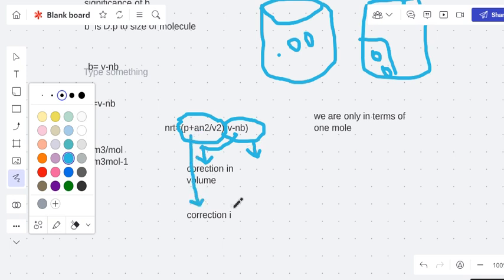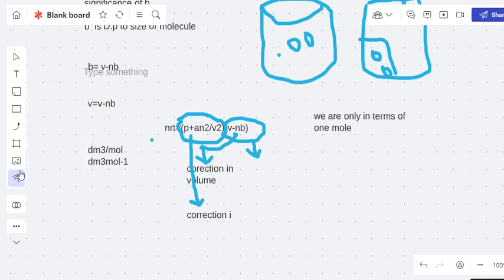Okay, I don't think I need to write it again. So this is the basic concept of the correction of the volume for ideal gases, which was one of the two postulates given by kinetic molecular theory. One of them we have corrected here. The other one I'll talk about in the next video, right?